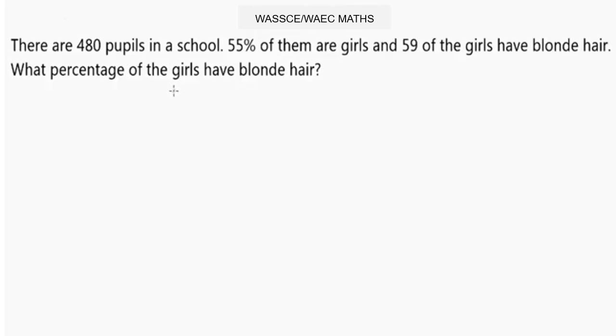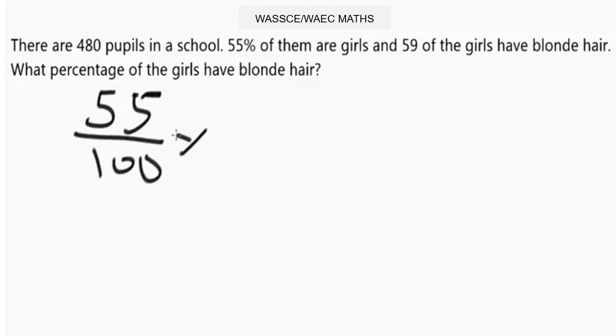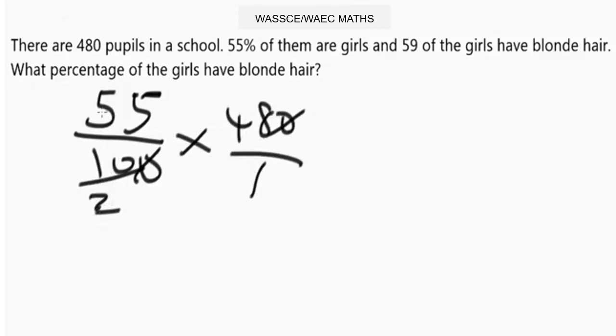It says 55% of them are girls. So to get the actual number of girls, we convert this 55% into values. It's going to be 55 over 100 times 480 over 1. Please cancel this. 5 will cancel 10, that's 2. 5 will cancel this, that's 11. 2 cancels this, 1. 2 cancels this, that's 24. So 24 times 11, if you punch it in the calculator, you're going to have